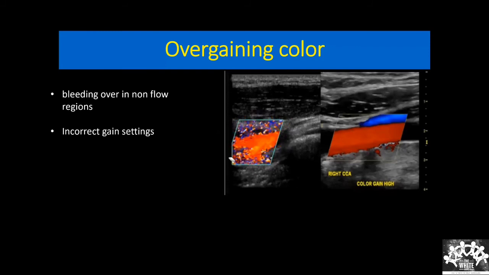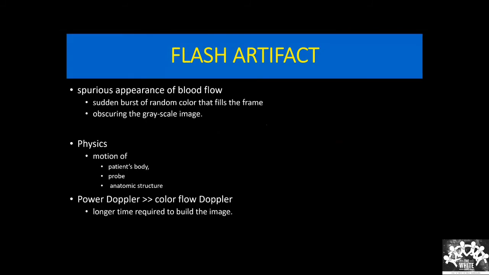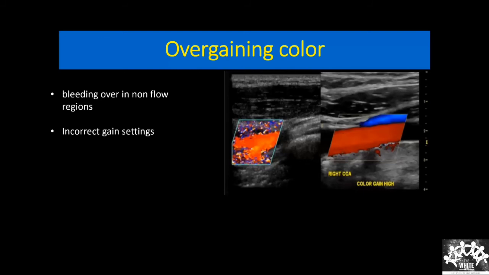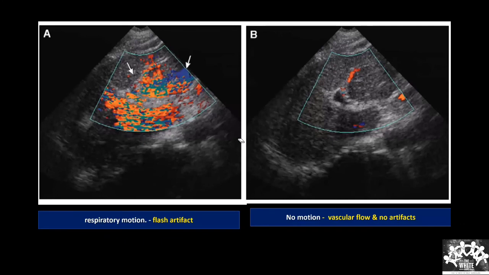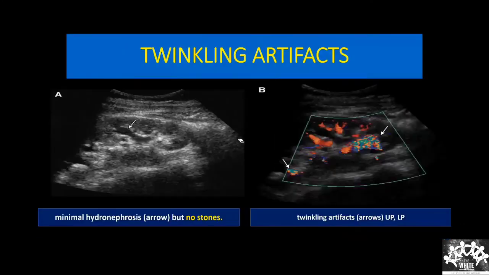Yes, it can be a blooming artifact, but I'm just telling you about pathological conditions. Blooming artifacts also won't be this clear. It will be slightly outside, and it will be homogeneous. If you see this with proper settings, search for a stenosis anywhere. It is nothing but the vibration of the tissue. I taught you last time.